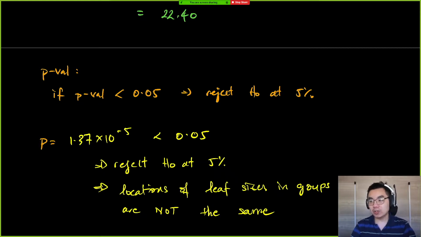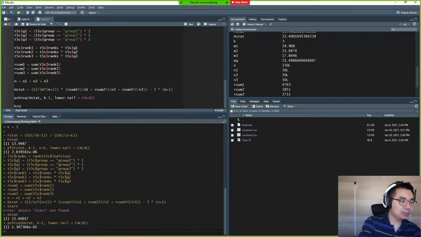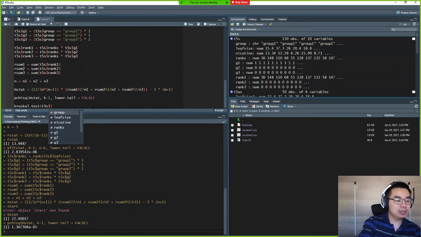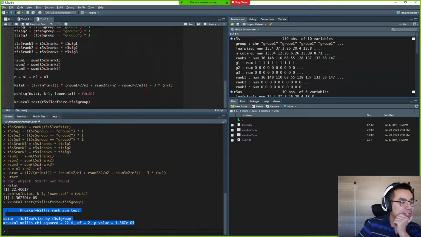Let me show you how to do the Kruskal-Wallis test in R. It's actually really easy to do. So to do the Kruskal-Wallis test, it's kruskal.test, I think. Yes, that's right. And you have to use this stat series, and it's the same input as with the ANOVA test. So it's the variable you want to test, T5S leaf size, and then tilde, the grouping, which is T5S group. Okay, and you get the Kruskal-Wallis test here, and you can see that the test statistic is 22.4,